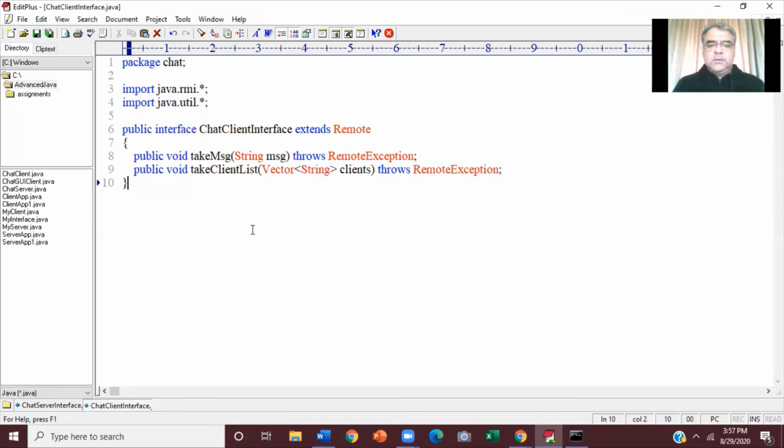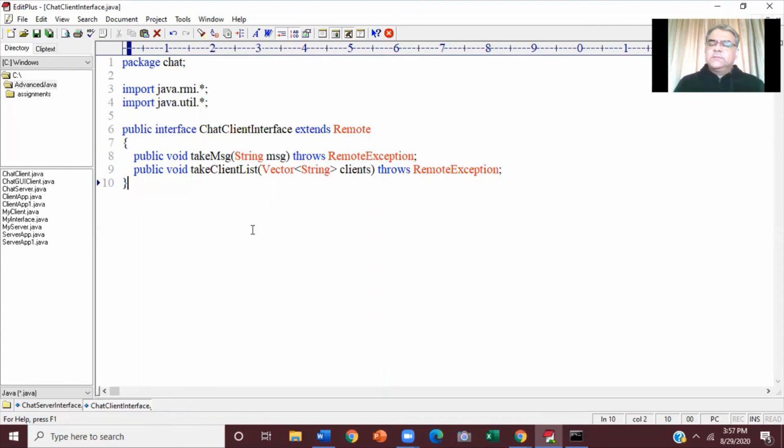It's actually simple. That take message method in the client, how are you going to implement it? Server is going to call it and he's going to pass a message. Don't you think that message has to be displayed in the text area? That's it. One line of code. JTA.append, where JTA is a text area, that message has to be appended with a new line \n.